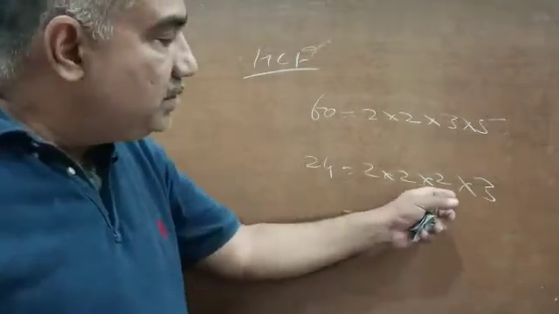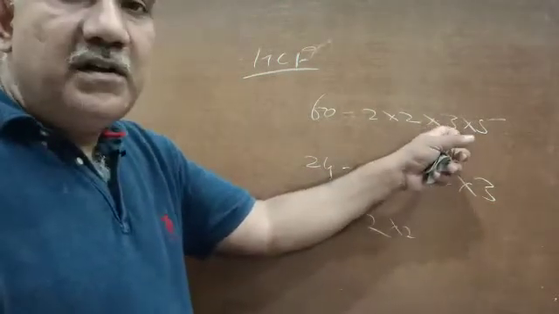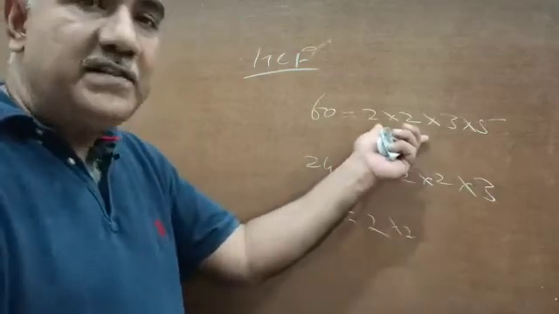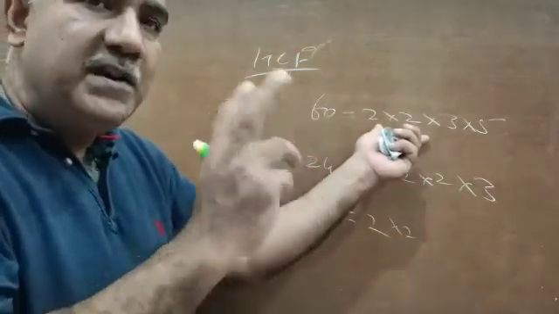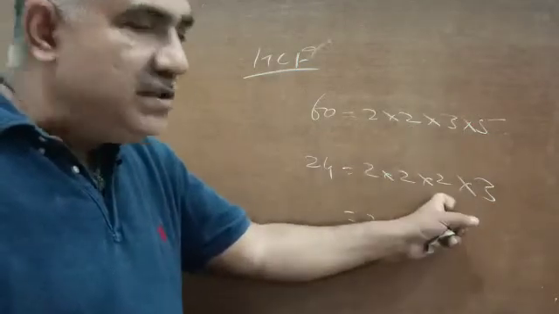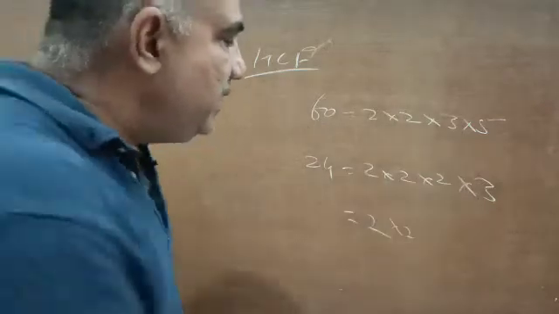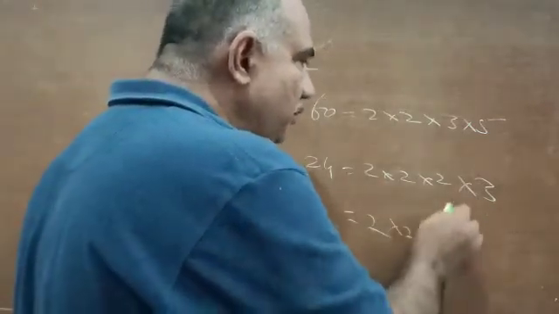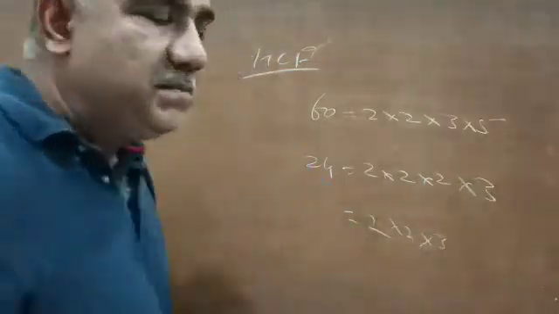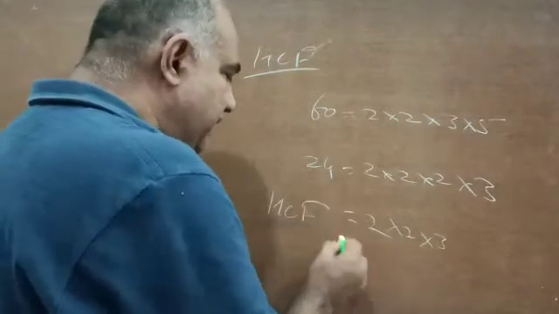Now look for another 2. And for this 2 there is no common 2. 2 has occurred 3 times in this prime factorization, and 2 has occurred twice in that prime factorization. So 2 can be taken only twice. 2 cannot be taken for the third time, because for the third time 2 is only in this, not in that. So now look for 3. 3 is there in both, take 3. Now look for 5. 5 is not a common factor. 5 is only a factor of this, not of that. So 2 into 2 into 3, this is the highest common factor.